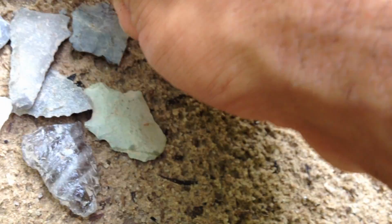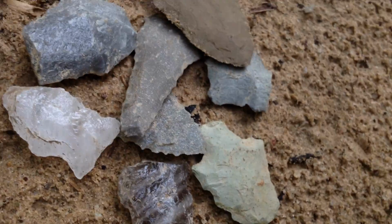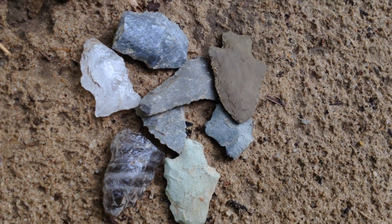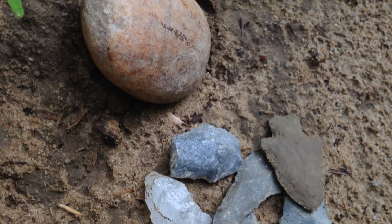Great piece here. Can't say just tops it off, but I mean, added to the group. That's a fantastic group. And that right there, with this hammerstone,